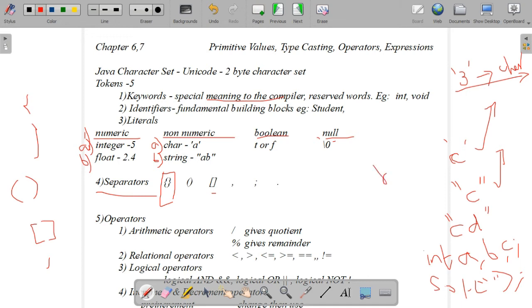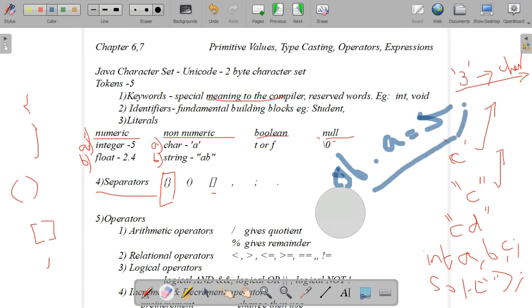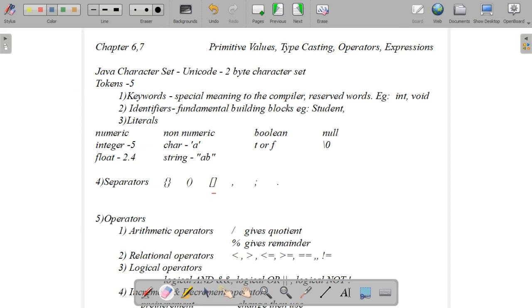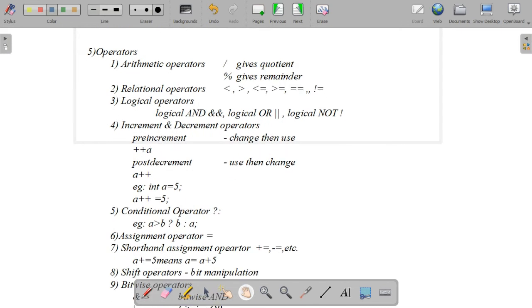Do you remember in the previous one, we discussed the method, how we access non-static methods from static? We are creating an object. Consider the object name is ob, then ob dot a equals 5. Like this, when we give a value, we use the dot operator. So these are the different types of tokens in Java.